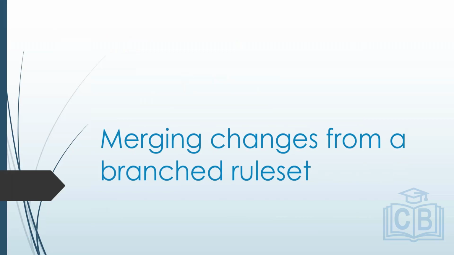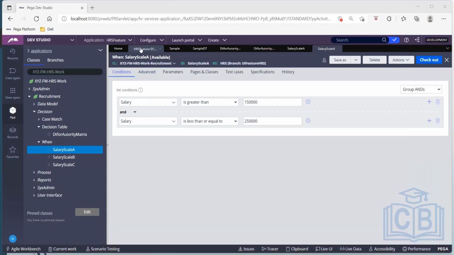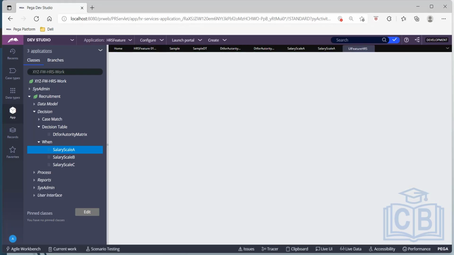Merging the changes from a branch rule set. Merging has a separate wizard. Using this wizard, I'll be able to look at the statistics, like how many rules have been updated, how many have been modified, by whom, and whether there are any conflicts. I'll be able to see all of them here. So let's check. In order to do that, let me go back to my branch. Once you click on the branch,